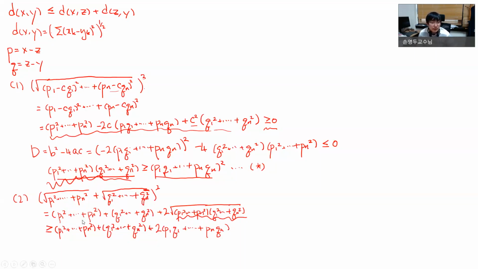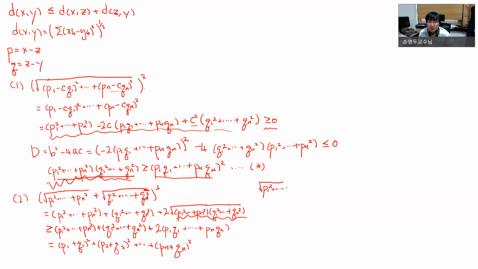And we know this one is (p1 plus q1) squared plus (p2 plus q2) squared plus ... plus (pn plus qn) squared. Okay, so taking the square root on both sides, then we can get